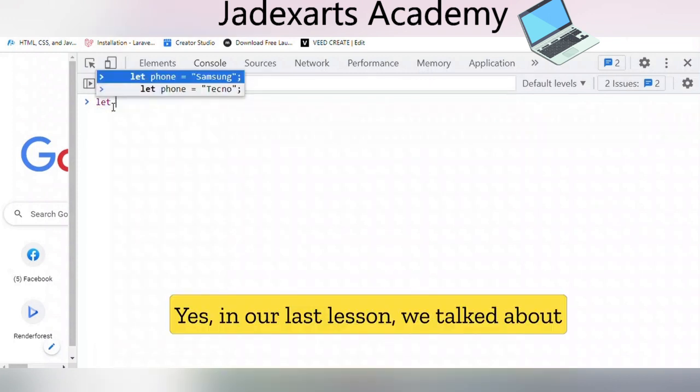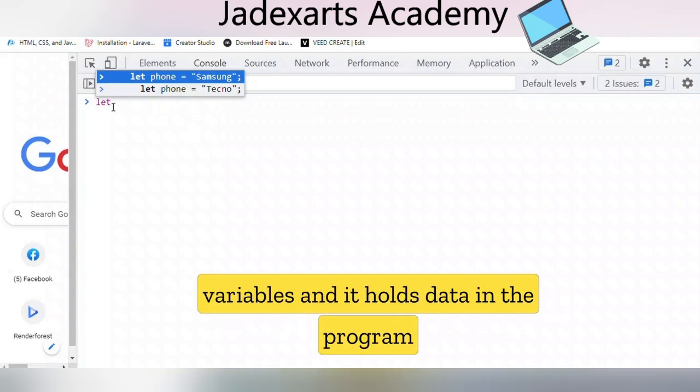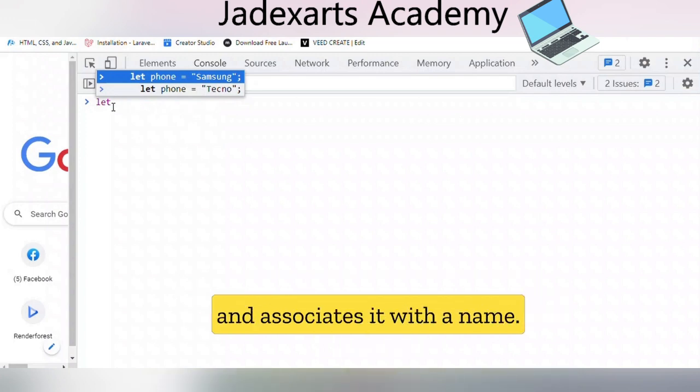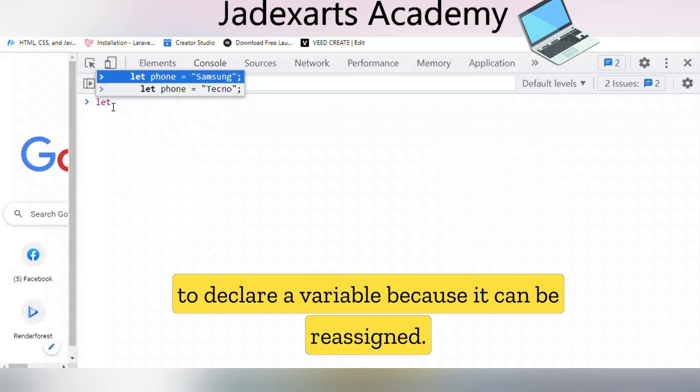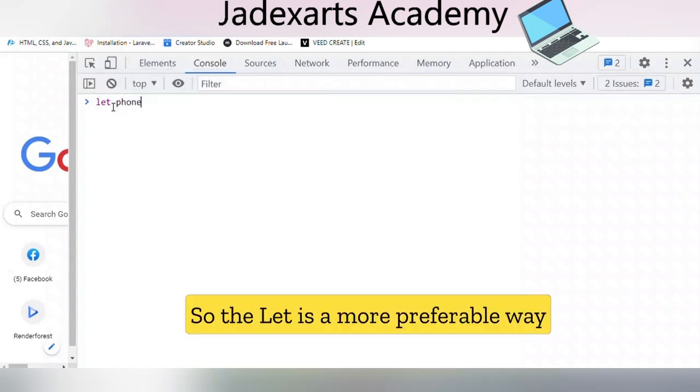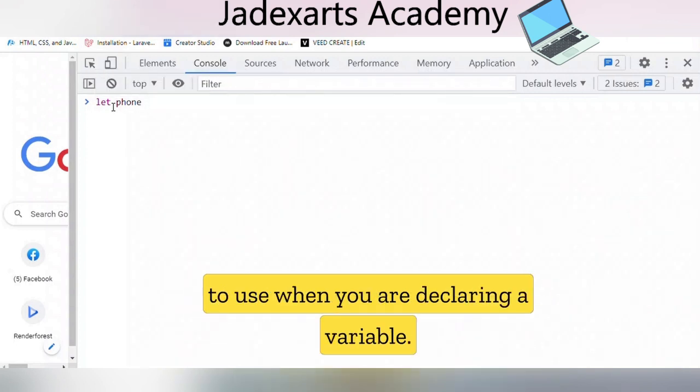In our last lesson, we talked about variables, and it holds data in a program and associates it with a name. However, the let has proven to be a preferred way to declare a variable because it can be reassigned. So the let is a more preferable way to use when you are declaring a variable.